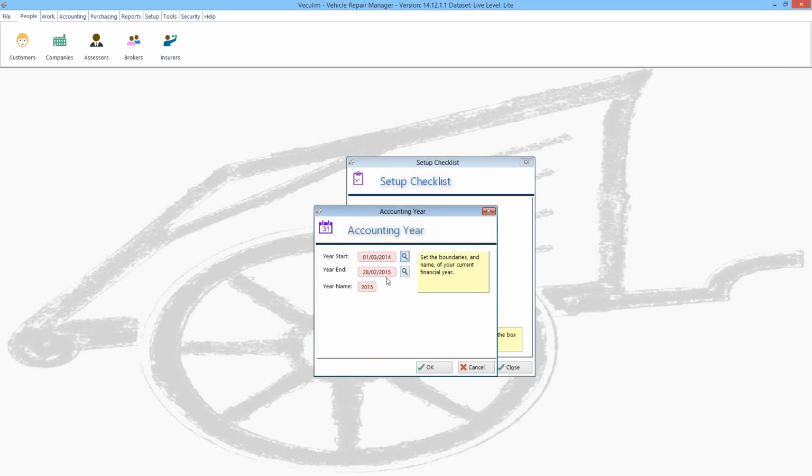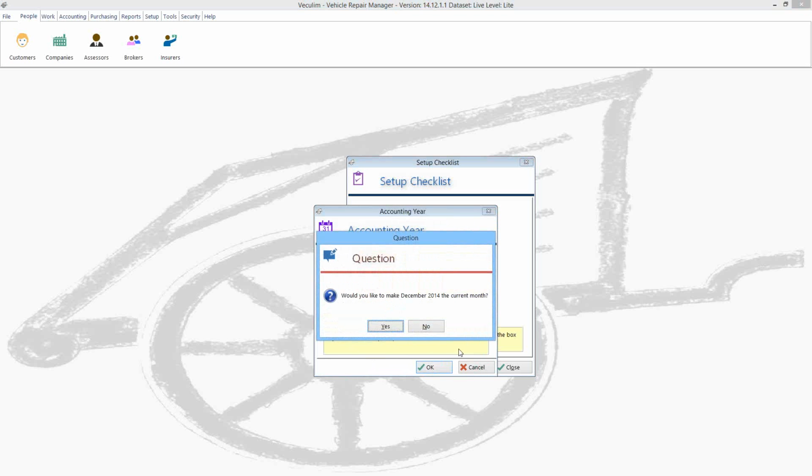I'm happy with the 1st of March to the 28th of Feb, and I'm going to name this as 2015 because that's when my year is going to end off there. So I'm happy with those things. Let's click on OK. It'll then generate the calendar, that's all the information that it needs there, and then it